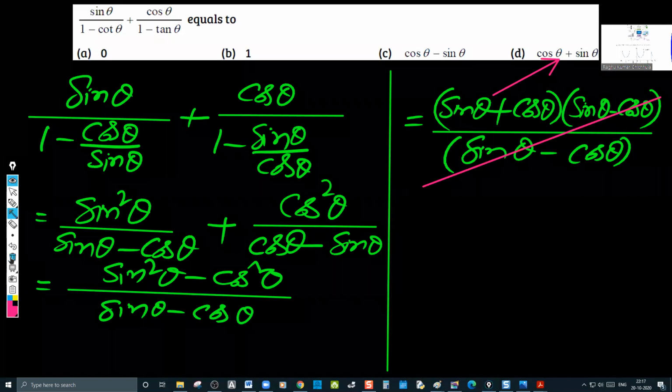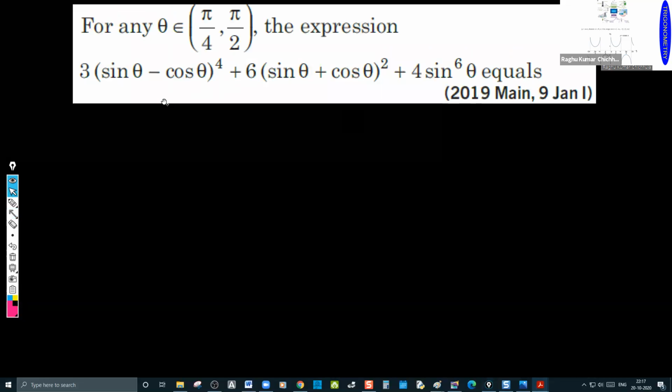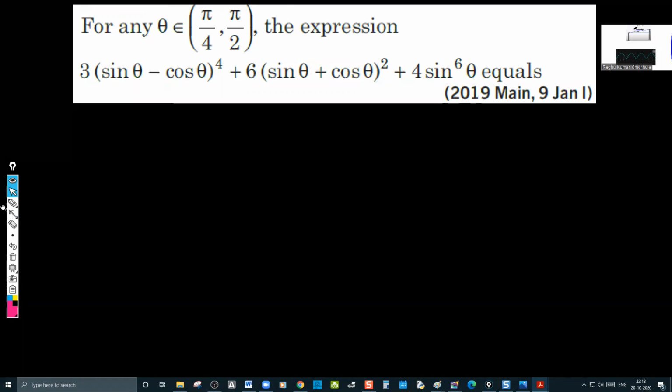Now, this one, please. You can follow the same approach I said, but here there is a little difference. You must give a theta value lying between 45 and 90 only. This is the twist here. Do you understand what I'm saying? You must give a value lying between 45 and 90.